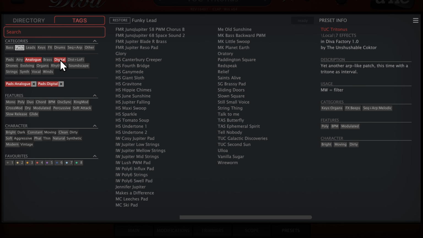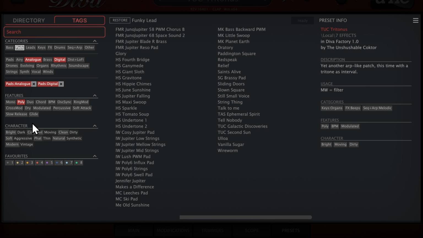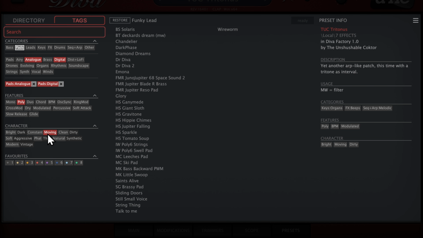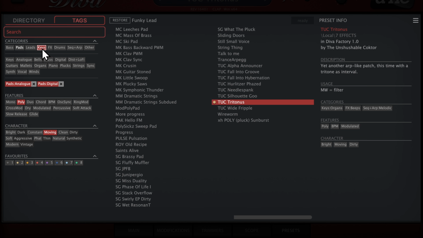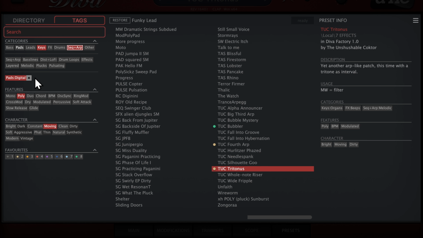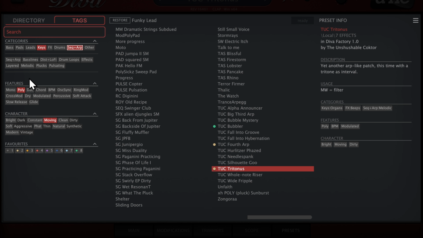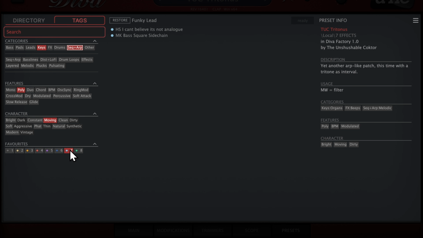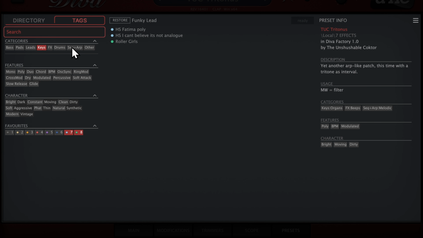With each tag you click, you'll summon presets that match the selected tags. You can select multiple categories by holding down Alt on Windows or Command on the Mac. You can clear the category and subcategory combos by clicking on the X. The bottom row lets you sort out your favorites, which can be done in conjunction with the other tags, or independently of them, which is a neat way to keep track of all your favorite categories.